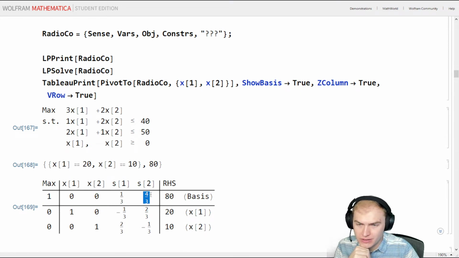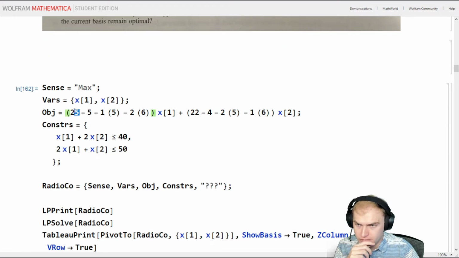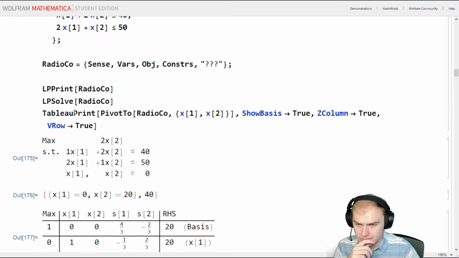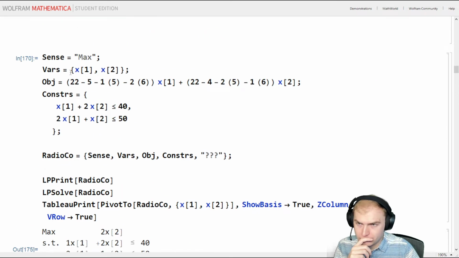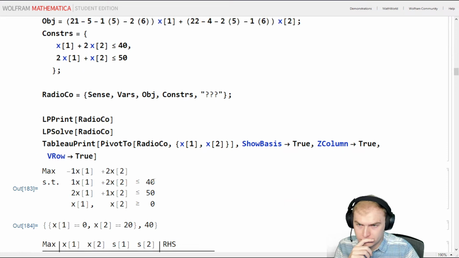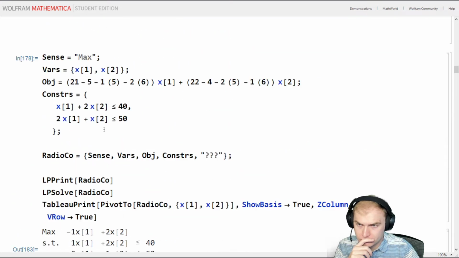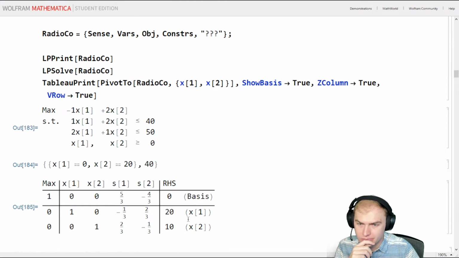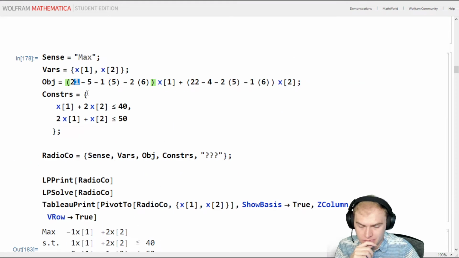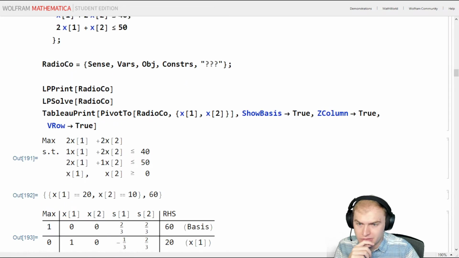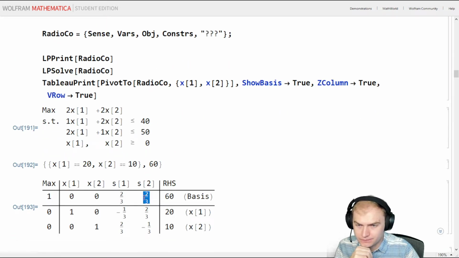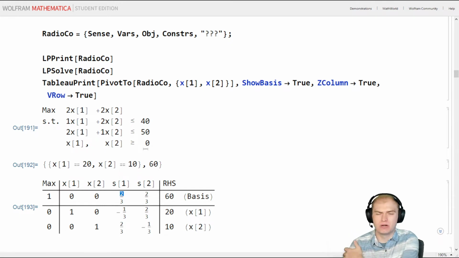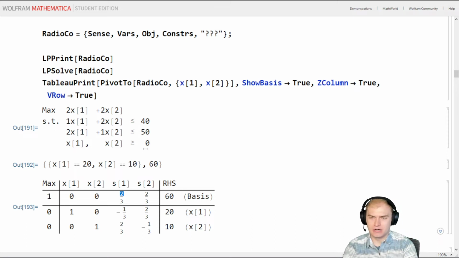We moved a third from S2 over to S1 for every... Well, we'd moved 2/3 over. So 24, we have 2/3. We're increasing, so when we dropped $1 in profit for